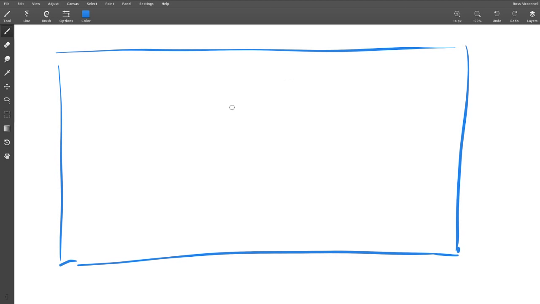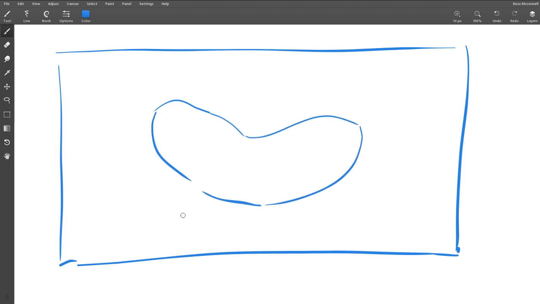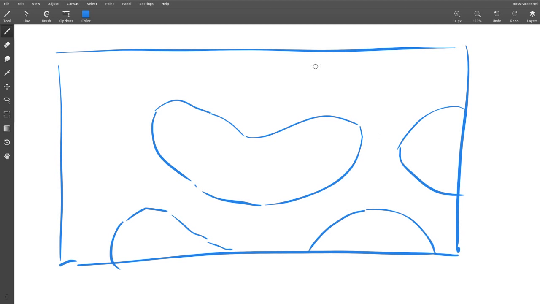No. Let's have instead a central peanut-shaped island with another island here. Yes, I am getting used to this tablet, bear with me. One here, one here. And in between these islands there'll just be